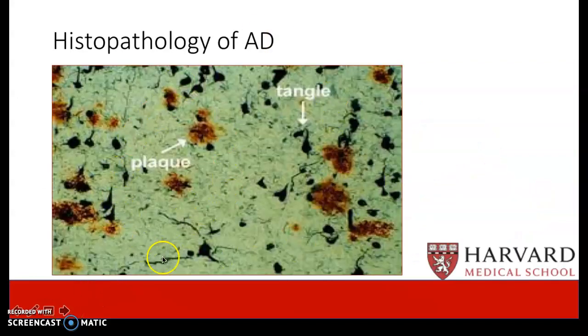This is a picture of a brain biopsy, which means that a piece was shaved off and looked at under a microscope, and 2 different proteins were stained for. The beta amyloid, which forms plaques, and the tau